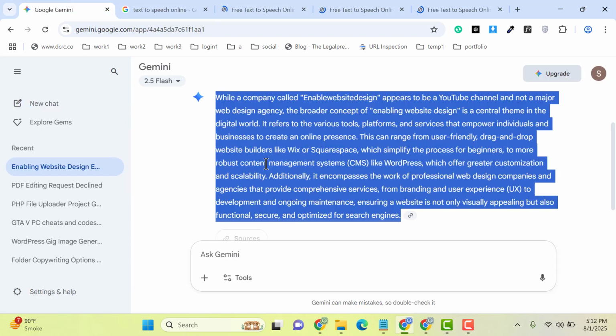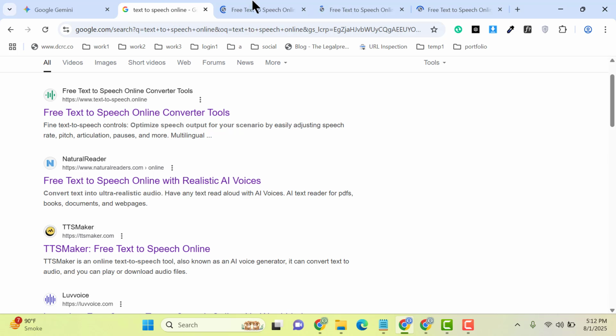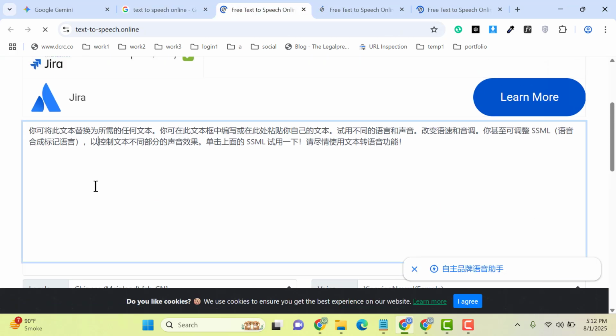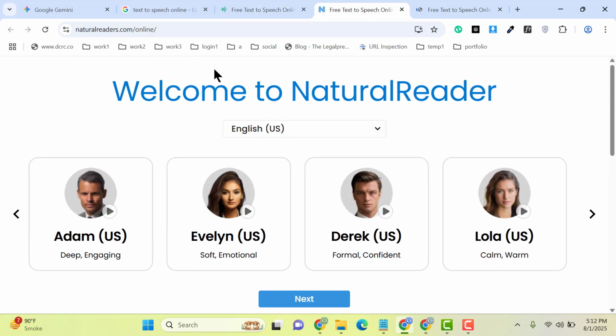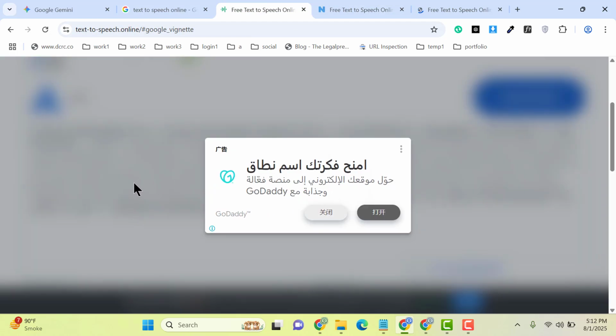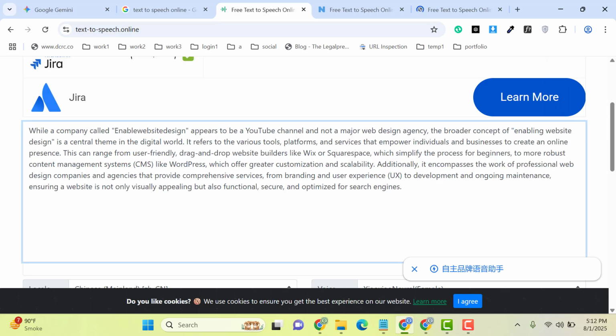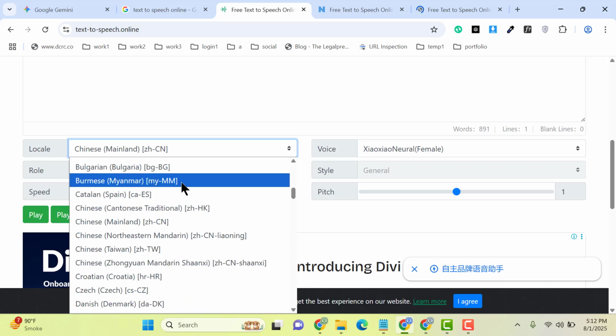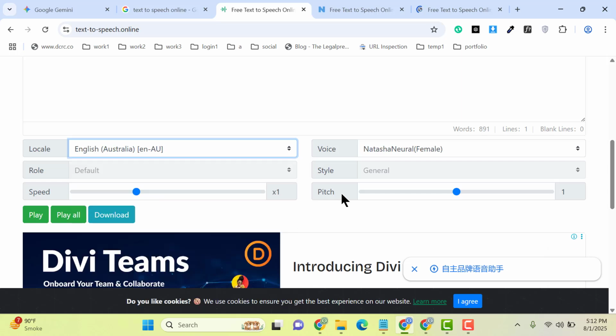So first of all, let me go and copy this text. Then let's go back here and add all the text here. So now you can select the language. We need to select English,